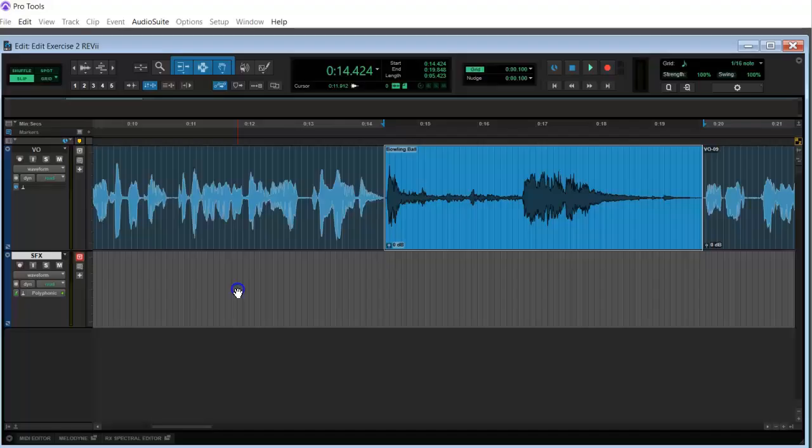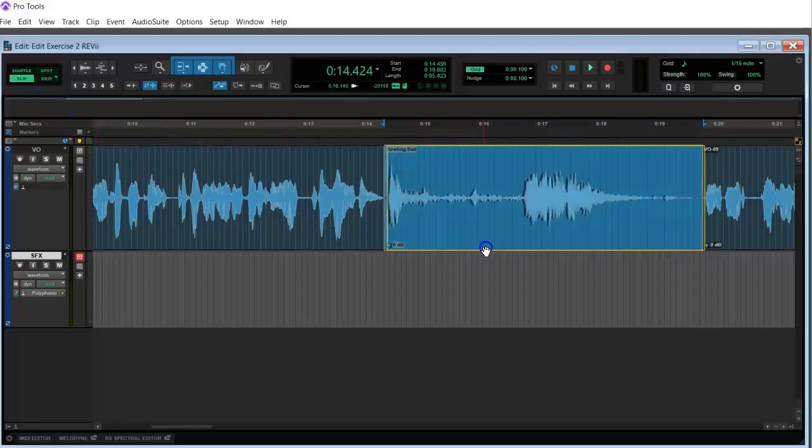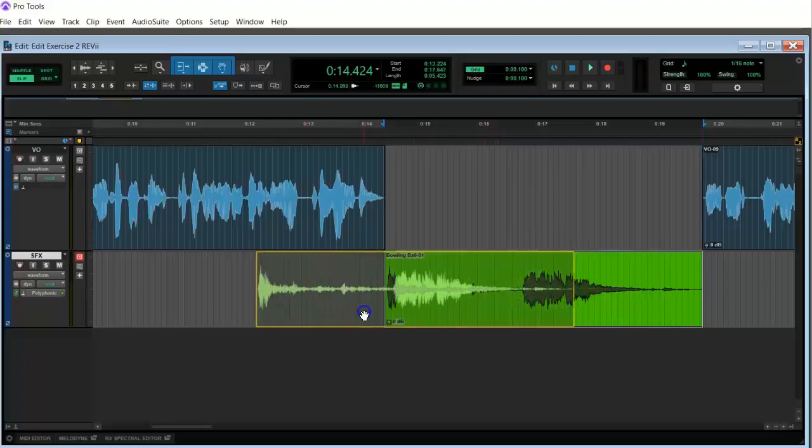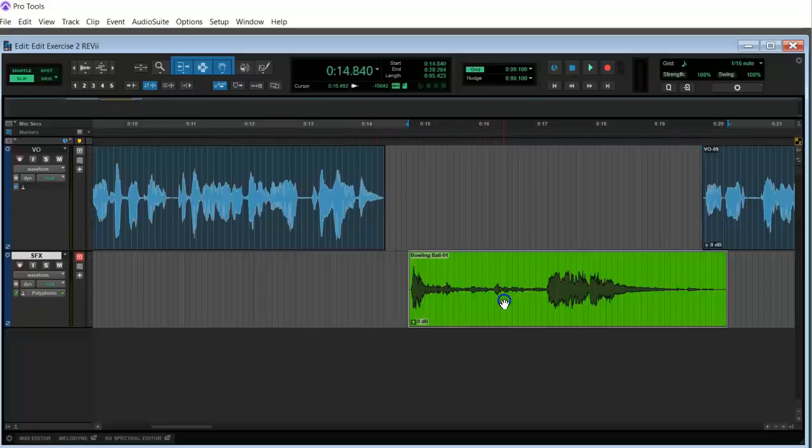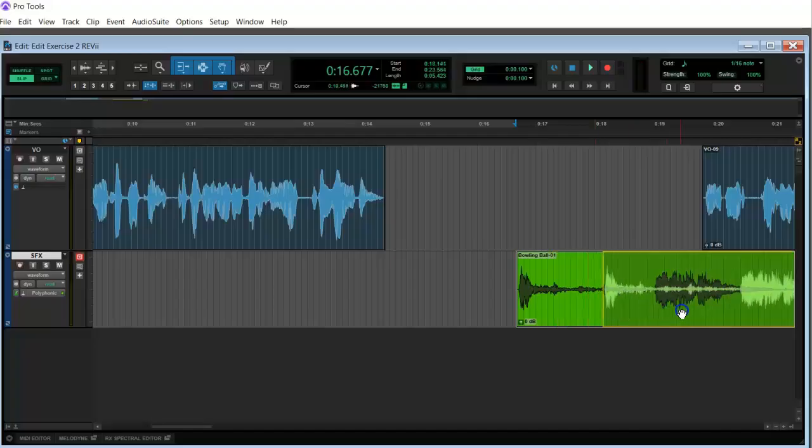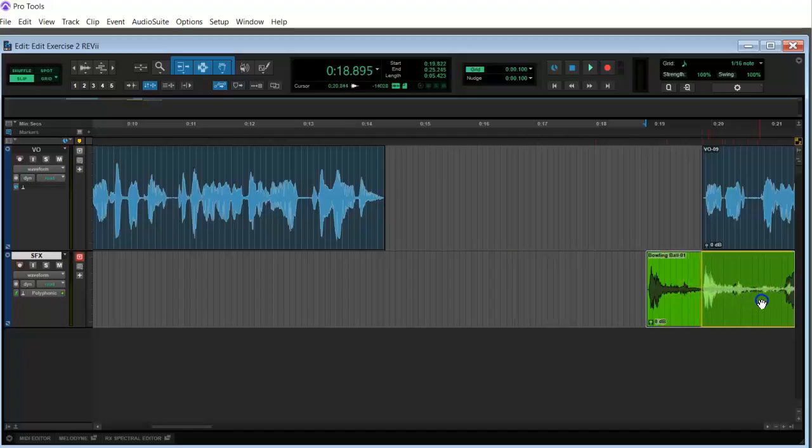Now watch out for this next step, because if you accidentally are in shuffle mode and you try to drag this and move it down like I'm about to do, it's going to throw it all the way to the very beginning of the track. But if I'm in slip mode, it's freehand. If I click and drag it down, see, it just remains, and then I can click and move it around as needed. That's because I'm in slip mode. For now, I don't care where it goes because it's not in the right place.